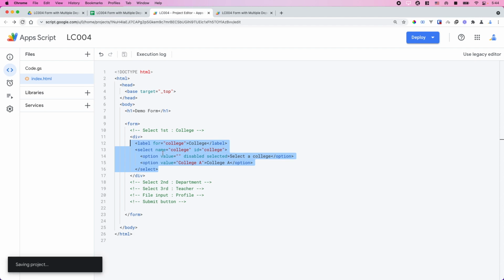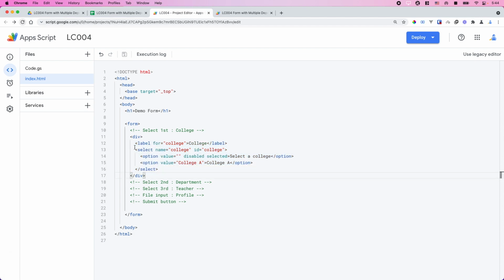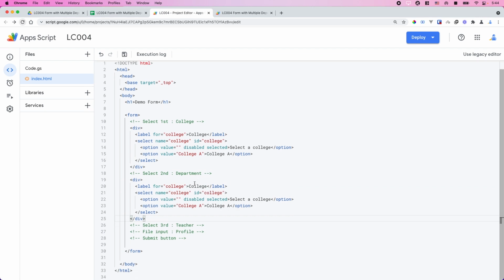So this is a single element here. Let's try to make a copy of this one, and let's create one for department. So department, and replace this name and ID, and this one just copy and paste. Okay,